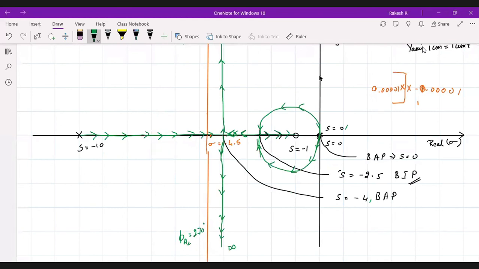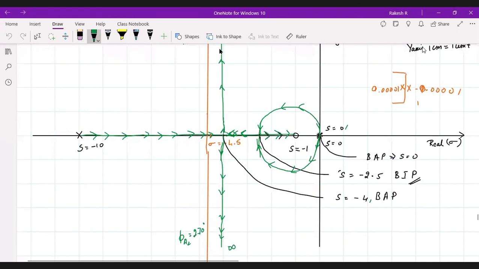So in that, we have two complex conjugate poles, and the root locus is crossing the imaginary axis twice. Right? The root locus is crossing the imaginary axis twice. That is one of the difficult things you need to see. Right? So that one we will solve in the next class.